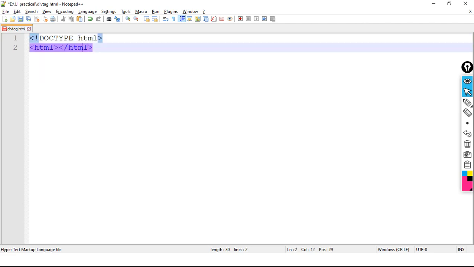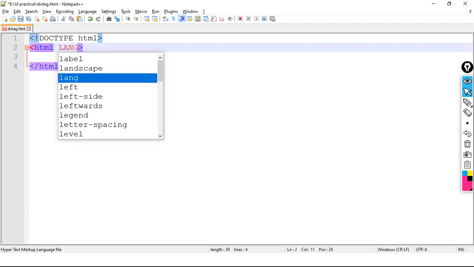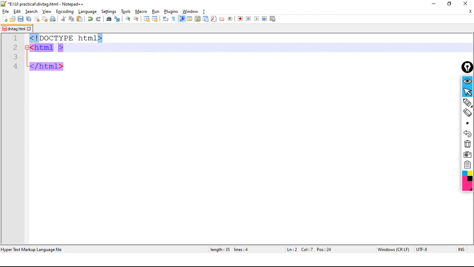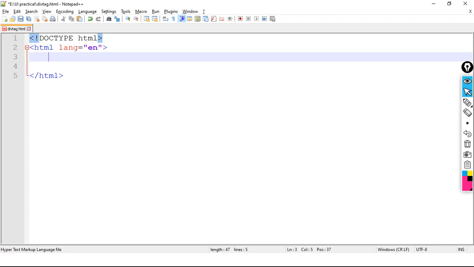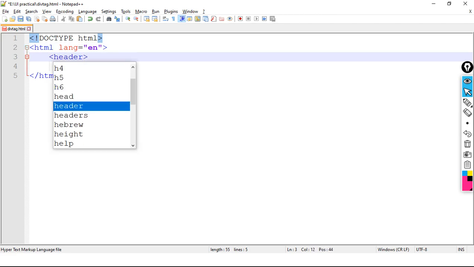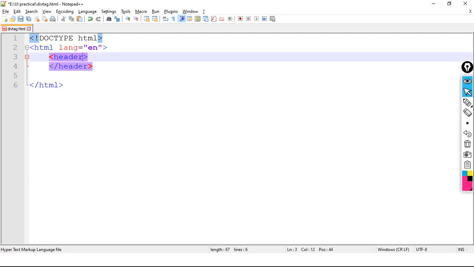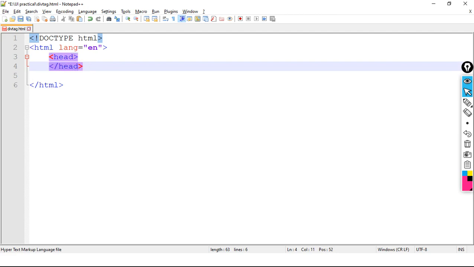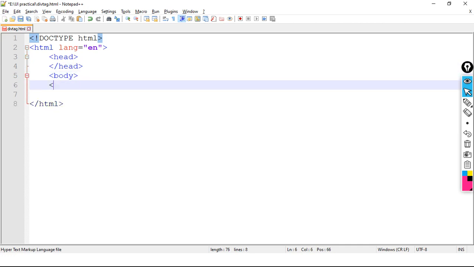Now lang equals English, then we have head, opening head tag, closing head tag, then we have body, and the closing part of the body.